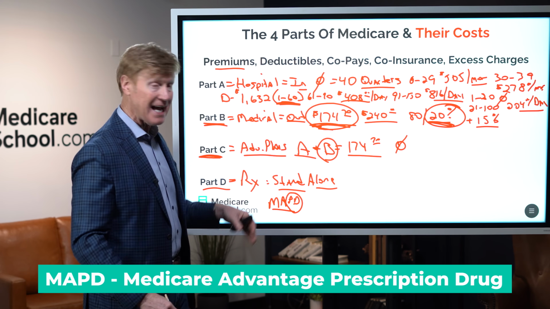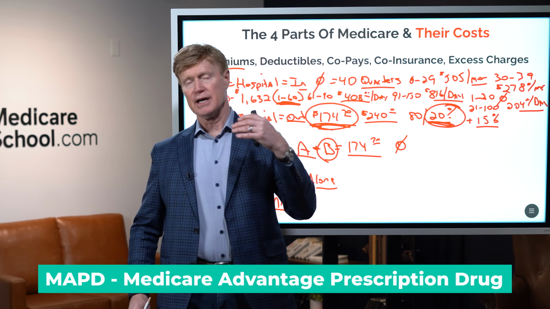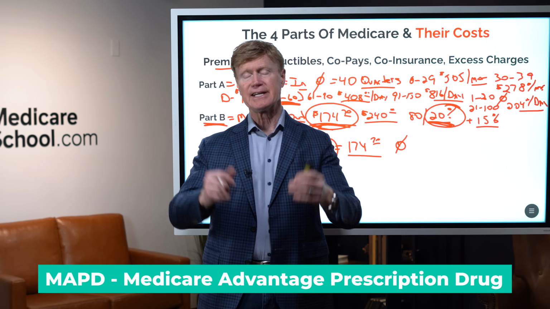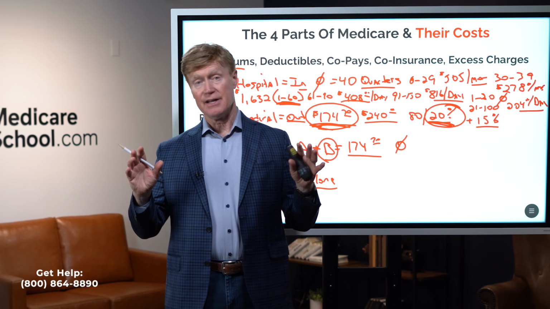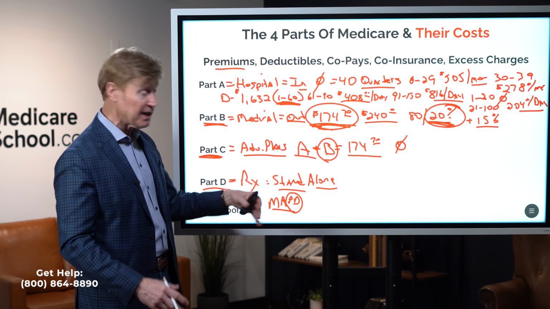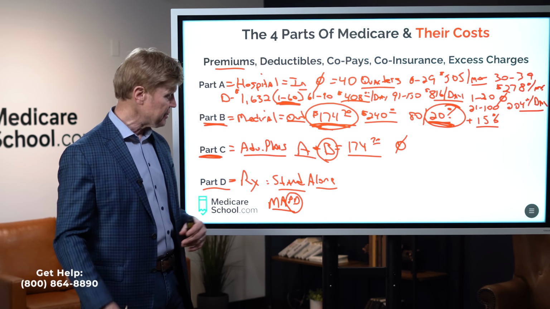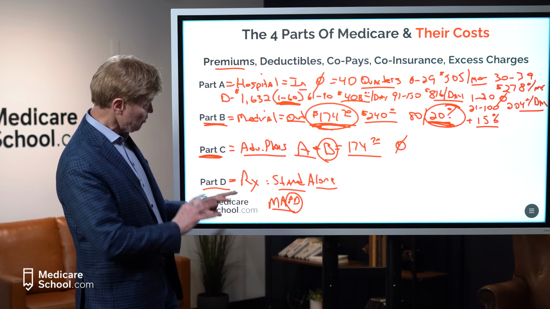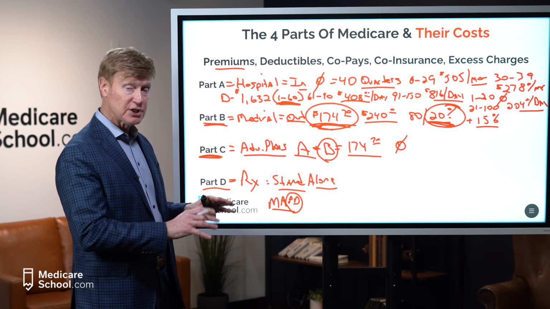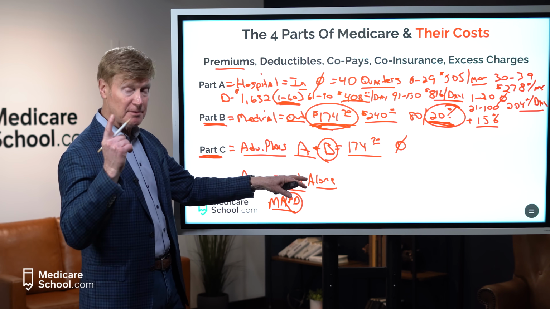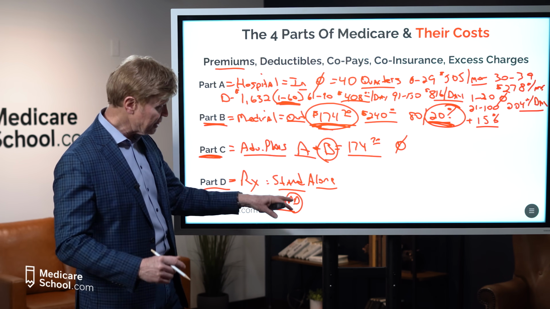Now, not everyone has to have that. If they're a veteran or retired military or retired from the civil service, have FEHB, TRICARE, or VA, they don't have to have a prescription drug plan with their Medicare Advantage. They can actually get a Medicare Advantage only plan, which covers in and outpatient. But what I'm trying to teach you, when it comes to Part D plans, there's two ways in which we can have them. Standalone separate, and we would do that if I have a Medicare supplemental plan, or